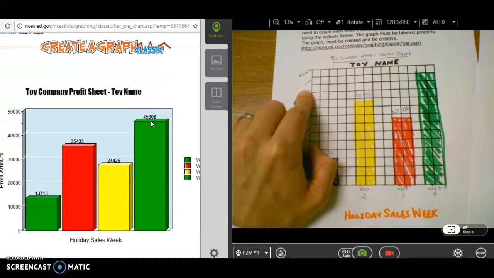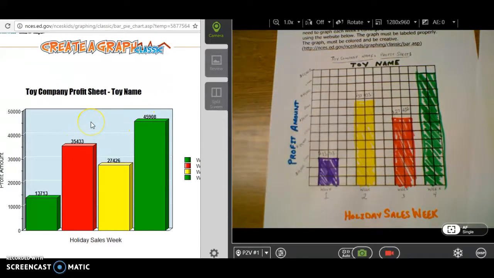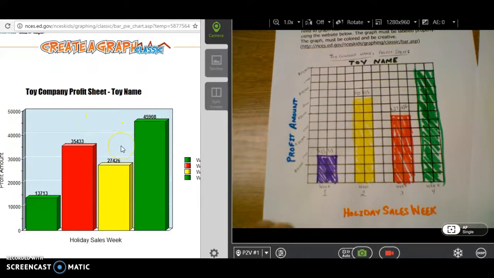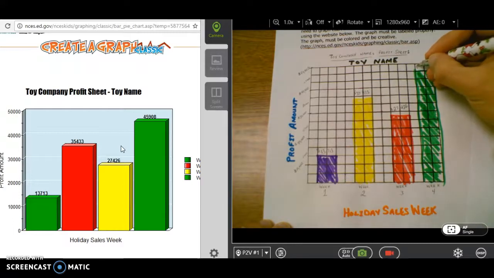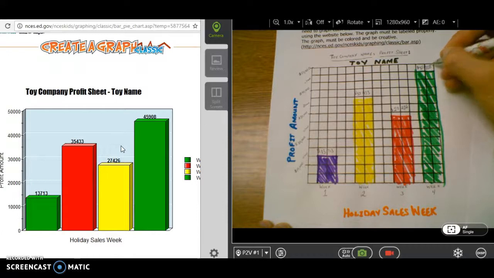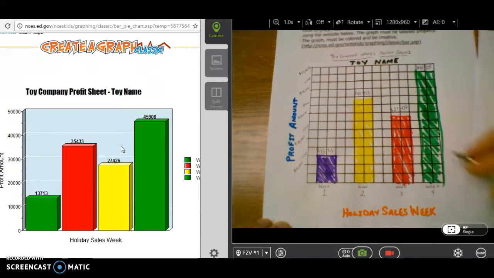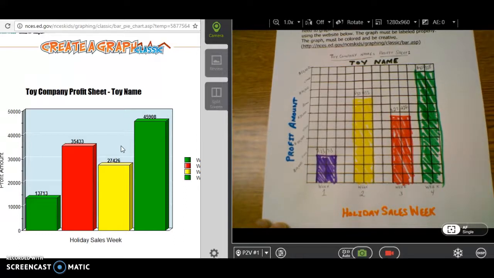And where do I get that information from? The online graph that I created to start this part of the project. Notice again that I've labeled the bottom that this is my holiday sales week number 4, and I've got to mark how much profit I made during that week, which is $45,908. Some students like to then write in their total profit, which again came from that final box on the